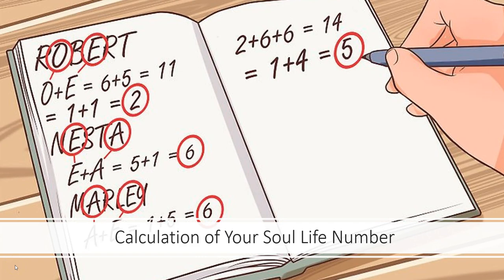Hi students, in the last video we calculated Ada Wynne Lund, who was born on November 12, 1940. We calculated her life path and soul life number. And you can see another example here of how to calculate your soul life number. Only the vowels such as O, E, A are